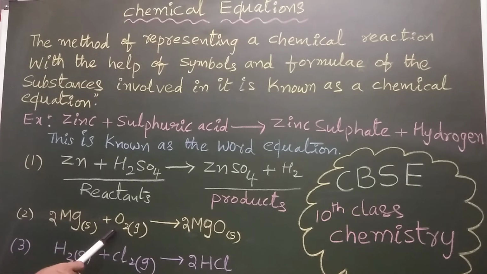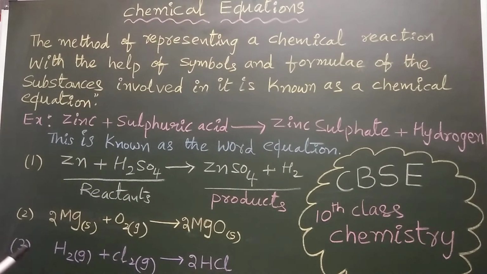Magnesium reacts with oxygen giving rise to magnesium oxide. So here, 2 Mg plus O2 gives 2 MgO. After the balancing, in further classes and further videos, we can observe what balanced and unbalanced chemical